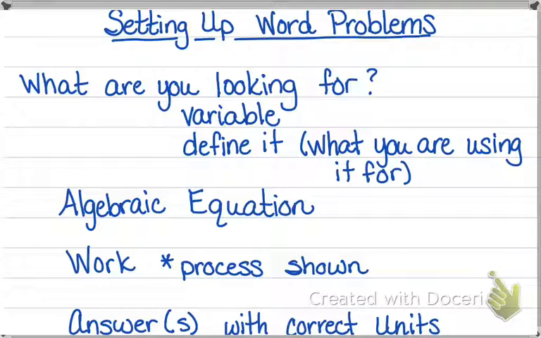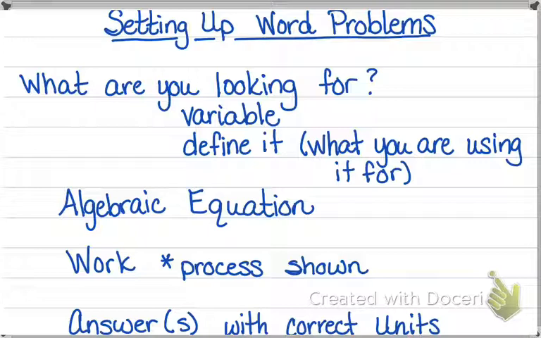So if you say I'm looking for the unknown number, and I'm going to call it x, then x needs to be written, and then you're going to tell me that it's for the unknown number, or for the missing integer, or for the first integer, or whatever it may be, or for the feet missing. Then you're going to have an algebraic equation. It's set up as algebra, not as some mixed form of regular computation, just algebra. And then you have to have your work or process shown, and then your answer or